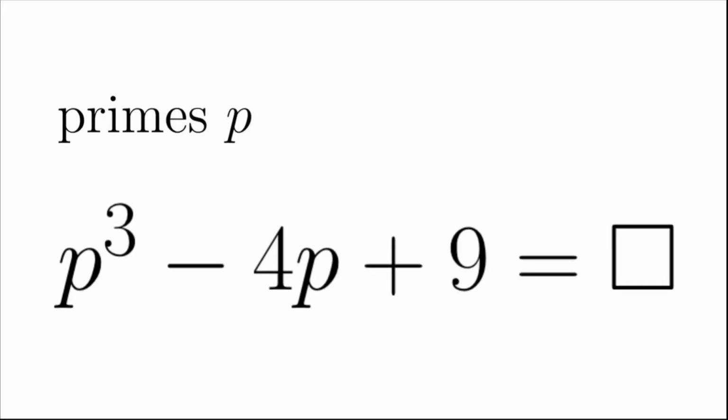In this video, we are going to find all prime numbers p such that p cubed minus 4p plus 9